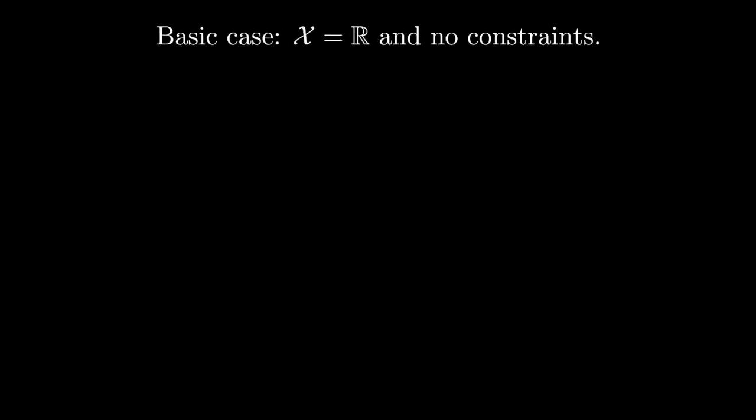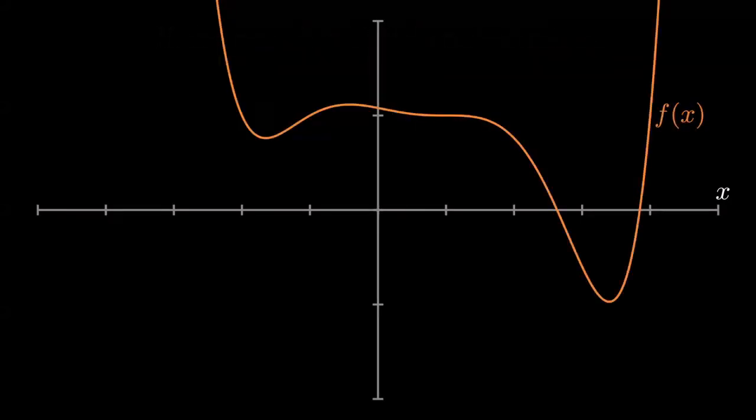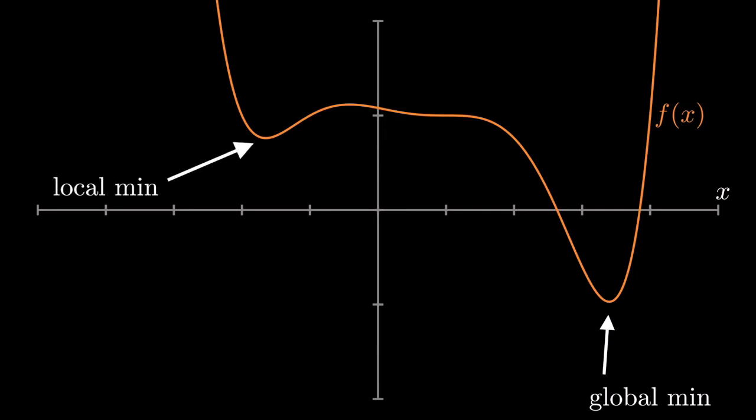To get started on the unconstrained problem, let's take a look at a simple function that just takes a real input and produces a real output. Here's an example of such a function illustrated in orange. The thing we're looking for here is the global minimum. This is the minimum of the function over the entire set under consideration. We contrast that with a local minimum, which is the minimum of the function restricted to just a small neighborhood. One of the big challenges of optimization is